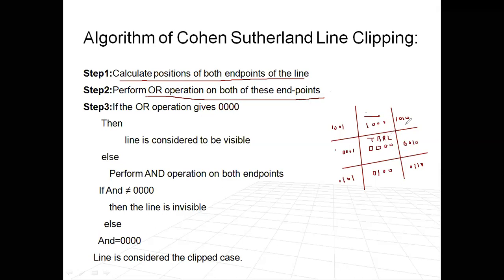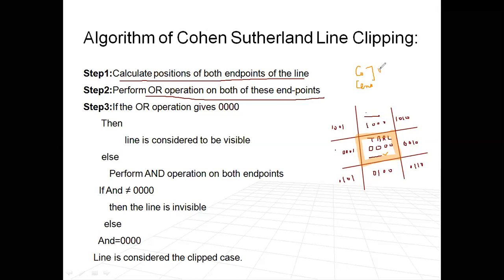So any outcode is given. If I perform OR operation, it may yield a non-zero value. To accept the line, if I perform OR operation, it must give you the all zeros value. In which case will it give you the all zero value? When a line is lying within the viewport. So this is the viewport. Okay, so when a line is lying within this region, then it will be trivially accepted, in the case that when we perform the operation between both outputs C naught and C end,